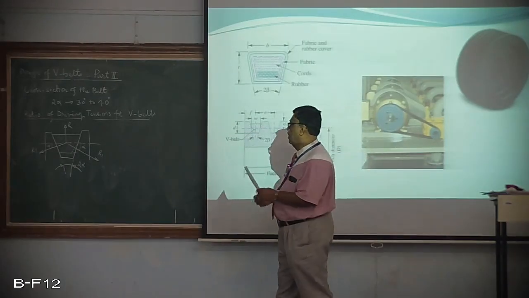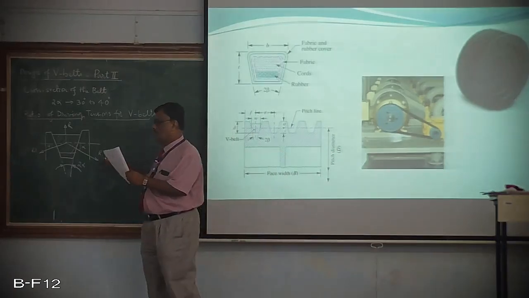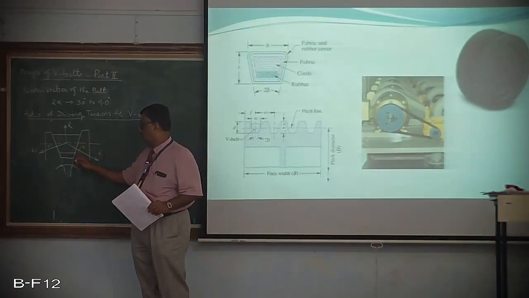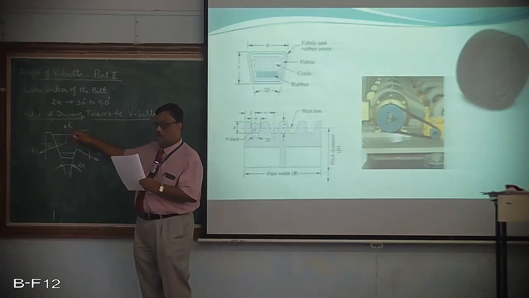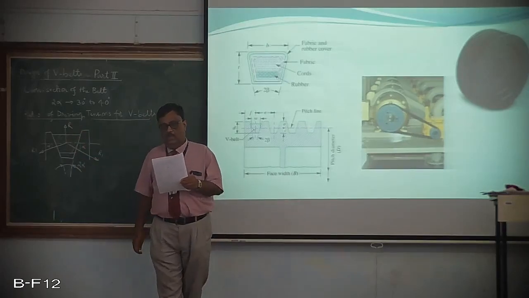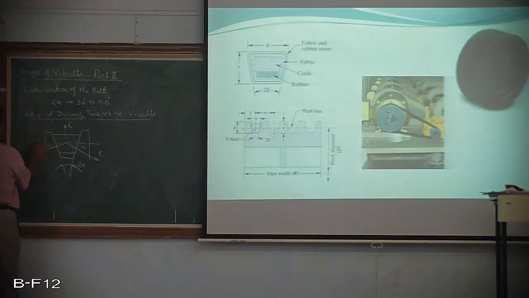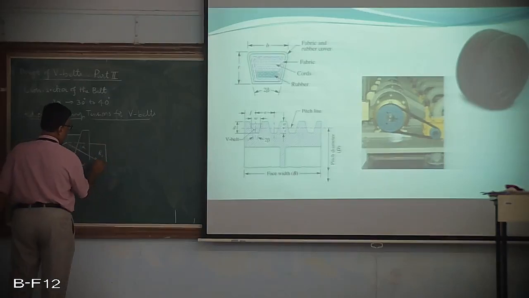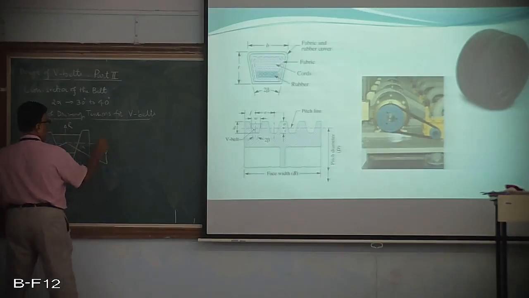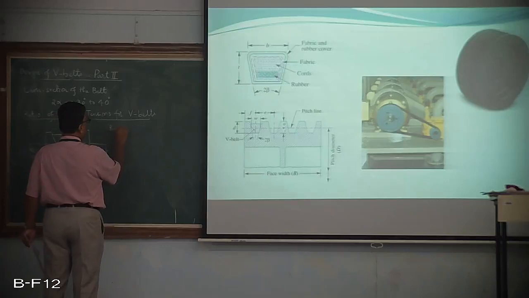Now, this R1 is nothing but the normal reaction between the belt and the sides of the pulley, whereas R is the total reaction in the plane of the groove. This is the total reaction in the pulley. If I resolve these forces in the vertical plane into two components, resolving vertically,